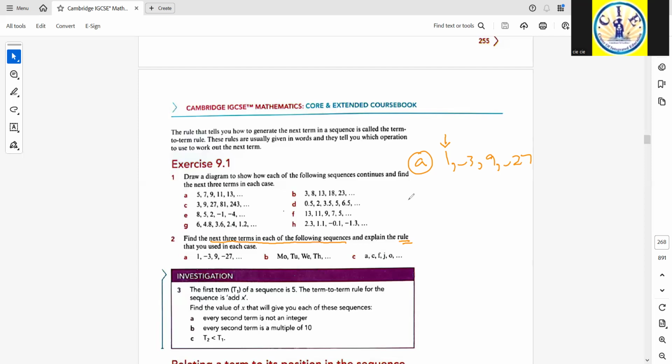But one thing that we need to observe is that the first term is positive, then the second one is negative, then positive, and then negative. So the terms are changing signs alternately. So the pattern we can observe is that the number that is being multiplied should itself be a negative number. So after negative 27, the next term should be a positive term. That can be got by multiplying with a negative number, and that is negative 3. So the rule could be